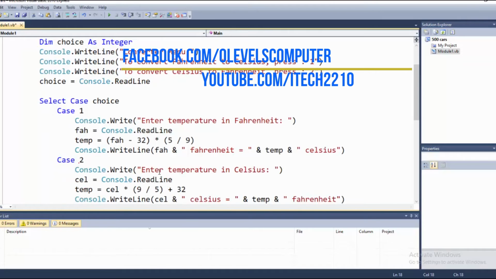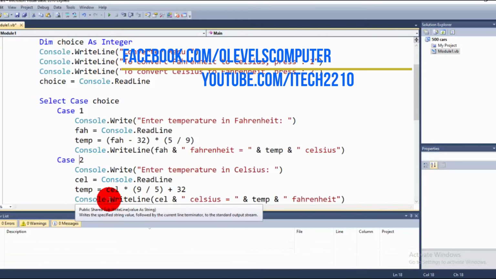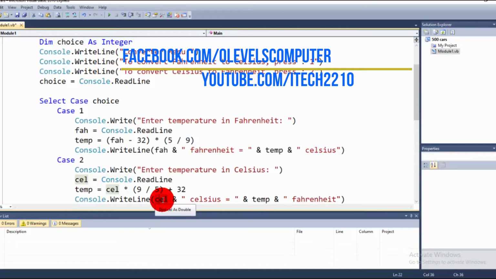What if the user inputs 2? So case 2 is here, and the user inputs the temperature in Celsius. Whatever data we input, the console application will read that line and store it in the Celsius variable. Now the formula of Celsius to Fahrenheit is very simple: temperature equals Celsius multiplied by 9 divided by 5 plus 32. This is the formula. Now it will display the same thing, the Celsius variable, meaning whatever the Celsius was, and then Celsius equals, and then it will show the temperature and the unit is in Fahrenheit, along with the concatenation